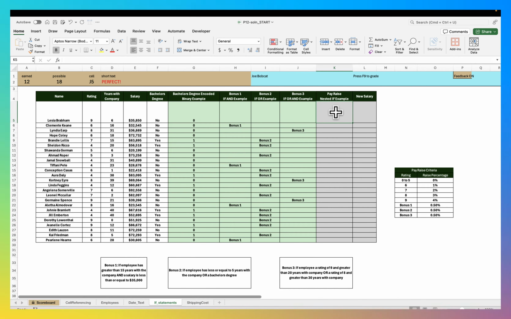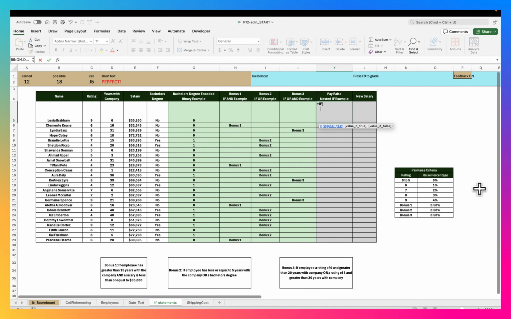All right. Now this next one, even harder. So, equals if, option enter, they all seem to start with if. Okay, so now we're coming up with the pay raise. And the pay raise is going to be dependent upon whether or not they got one of the 3 bonuses. And notice you can't get more than 1 bonus. You get one of the 3 bonuses,